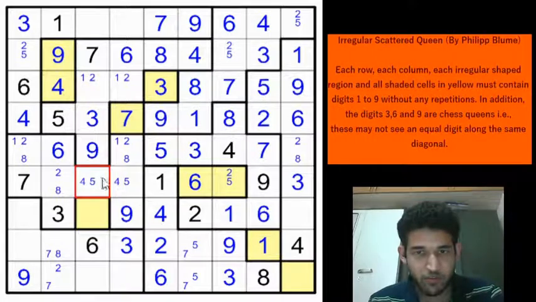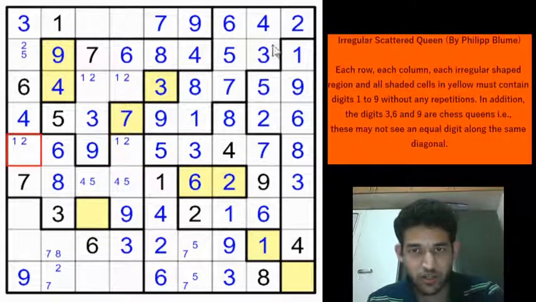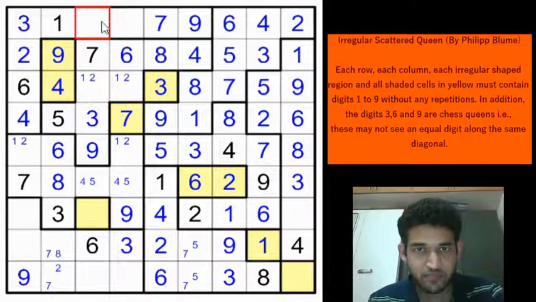The moment we place the 4, 5 here, we get a 2 here. 5 is eliminated, so this will be a 2 which gives a 5 here, which gives a 2 here, which gives an 8 here, which gives an 8 here because of this 8. So this will be 1, 2 and 1, 2. Because of this 2, we get a 2 here. And these 2 cells must be 5, 8 in some order. We can pencil mark them.